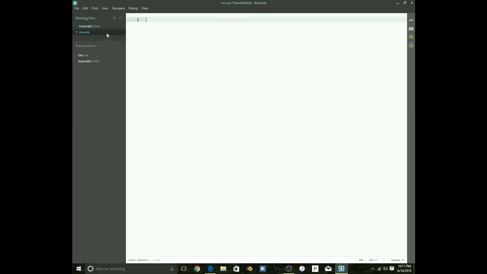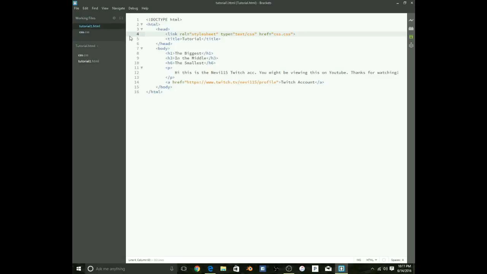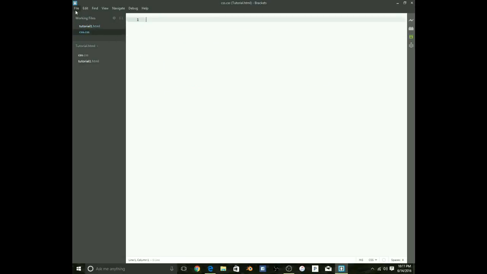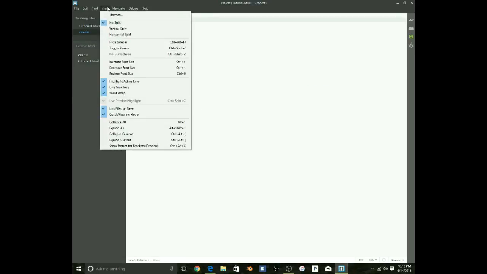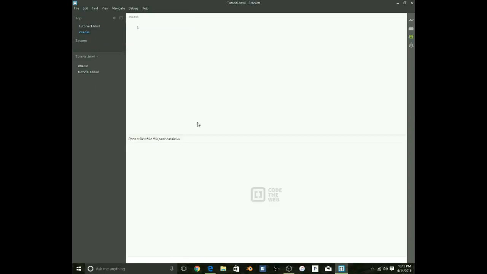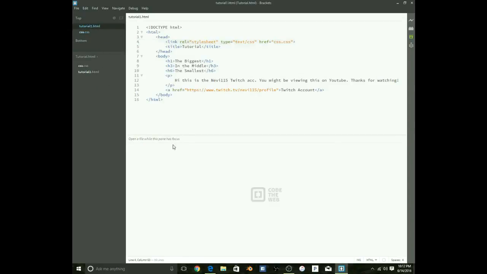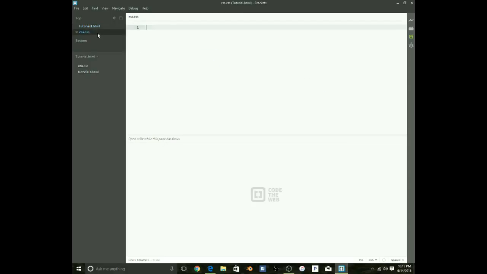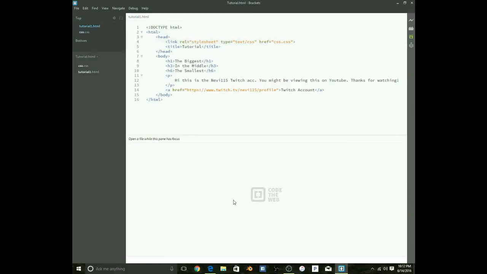And now you have this file. Now anything you put in this file will automatically be binded with the HTML file as well. Okay. So we're going to view horizontal split, and while this pane has focus,